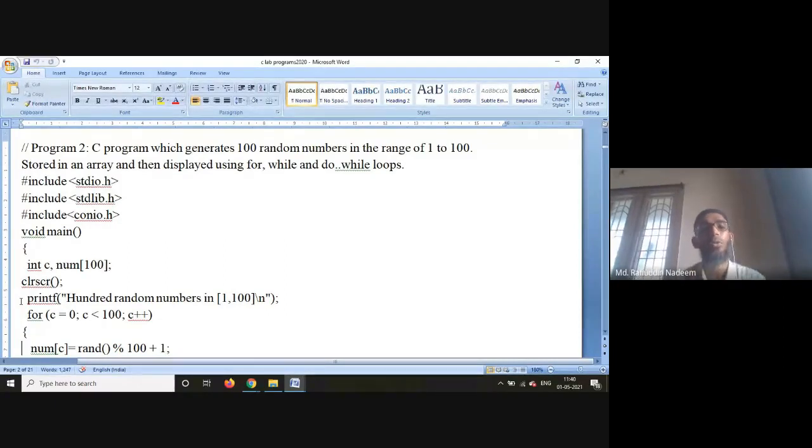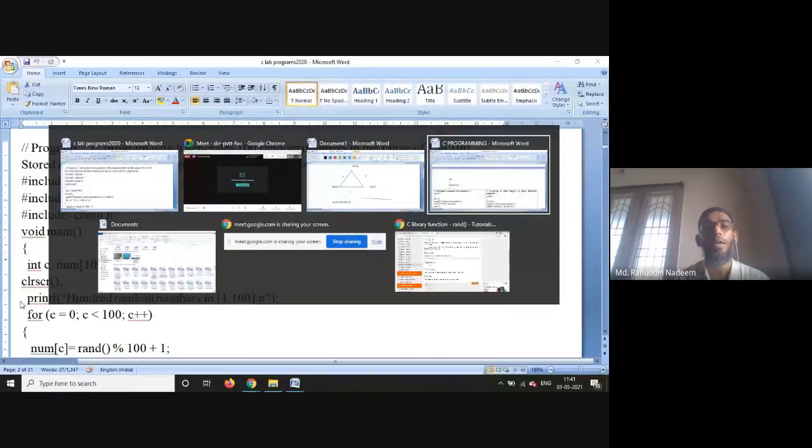So I should have only 1 to 100 there. Then they are stored in an array, and then displayed using for loop, while loop, and do while loops. So you know about for loops, while loops, and do while loops here.